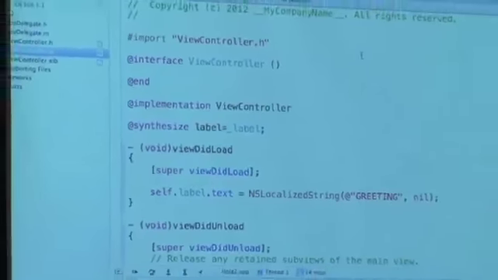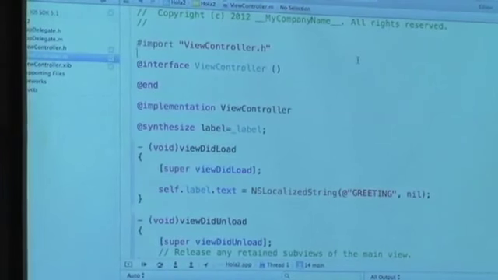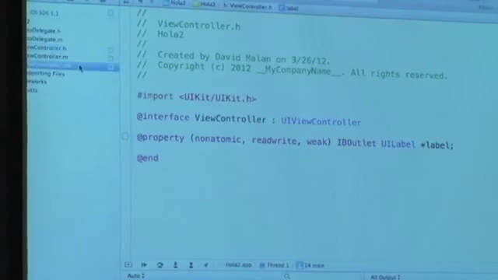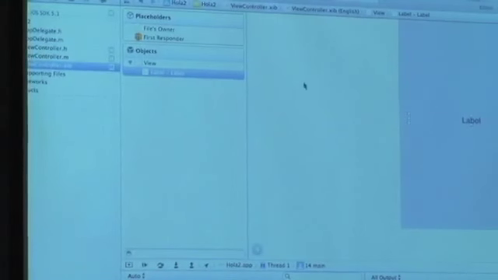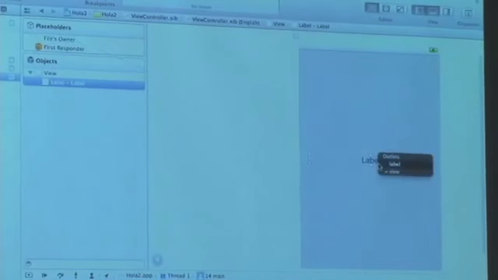And I need to do one other thing. Kevin? You need to connect it to like an IB outlet. Yeah, exactly. So I further need to specify that this thing is actually an IB outlet so that I can see it in Xcode. So I can say IB outlets here, and then over in my nib file, hopefully then I can say I want to click and drag from file's owner down here to the label, let go, and